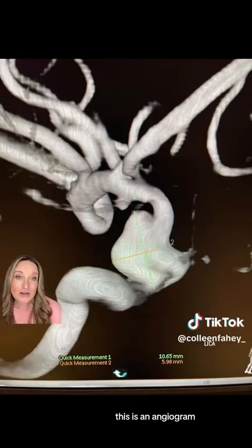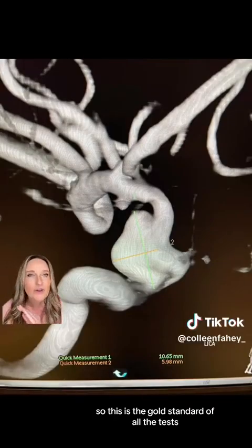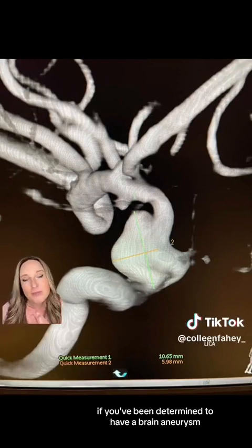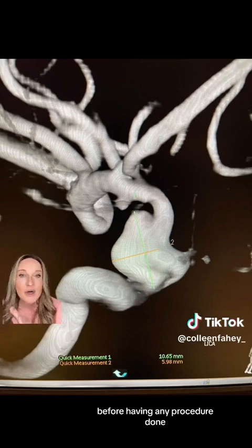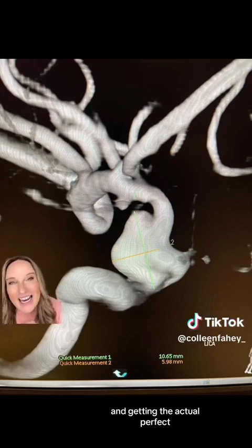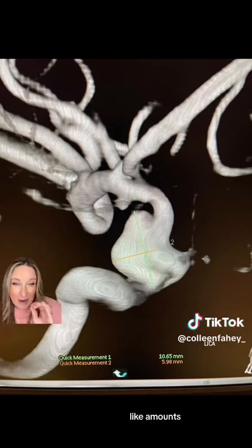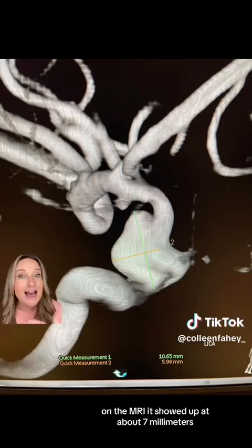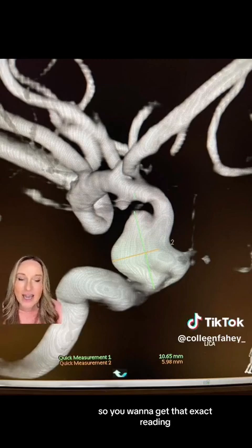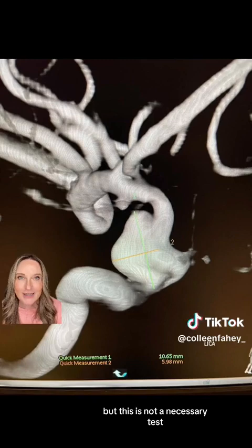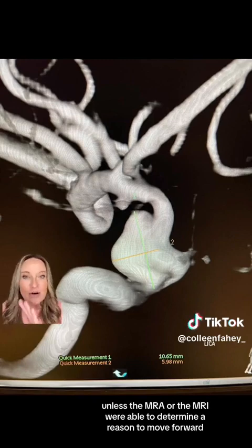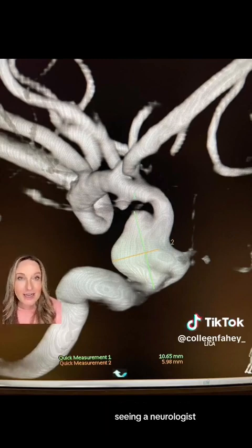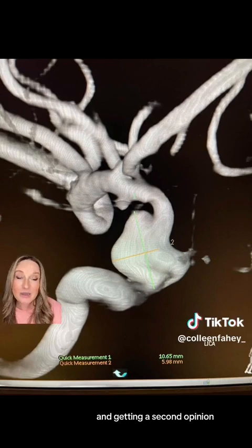This is an angiogram. So this is the gold standard of all the tests, if you've been determined to have a brain aneurysm, before having any procedure done and getting the actual perfect amounts. So down here at the very bottom, you can see that it's 10.65 millimeters. On the MRI, it showed up at about 7 millimeters. So you want to get that exact reading, but this is not a necessary test unless the MRA or the MRI were able to determine a reason to move forward, seeing a neurologist and getting a second opinion